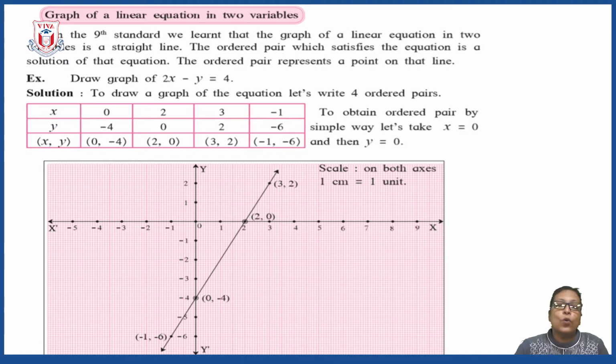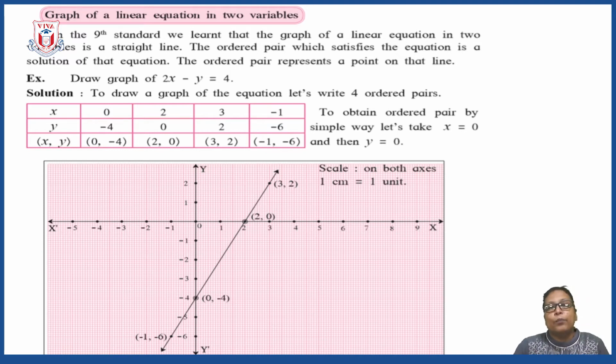Okay, so while preparing the table, if you want to get the answers very fast, one tip is also given here. In the simple way, for the first one you have to take x as 0. When you take x as 0, immediately you get the value of y. Secondly, you take y as 0 so that you will get the value of x. And then for the third point, you choose any suitable value of x and find y, or choose a value of y and find x. This way you can prepare the table.